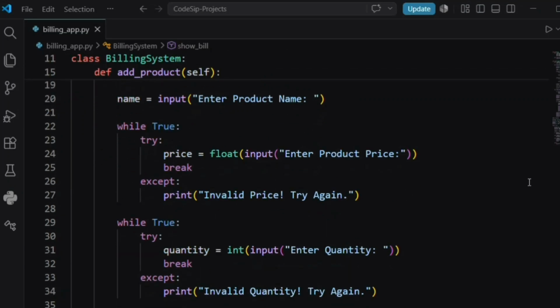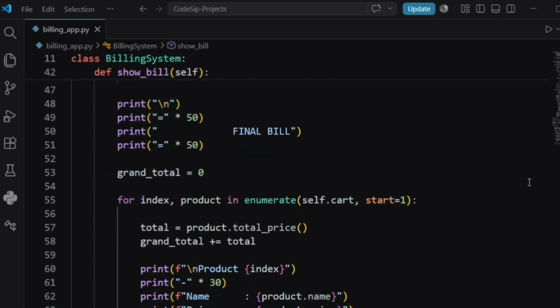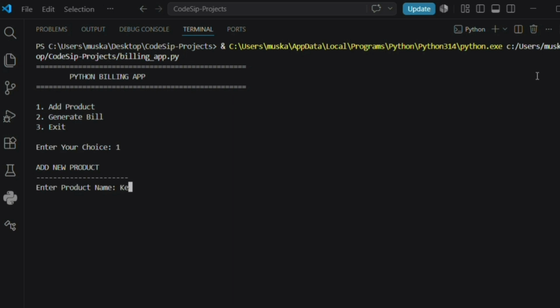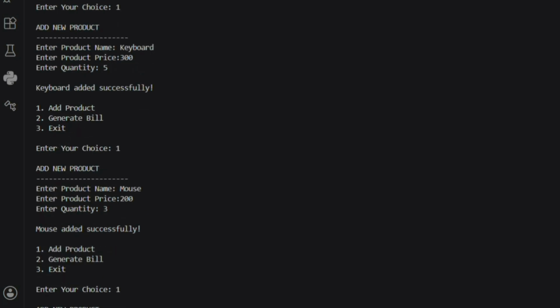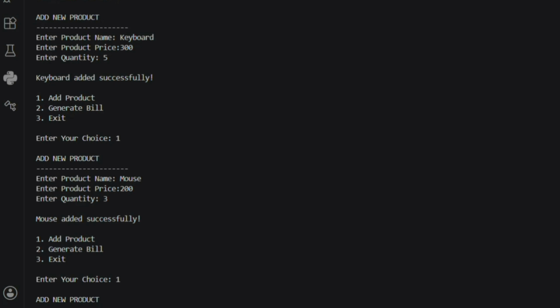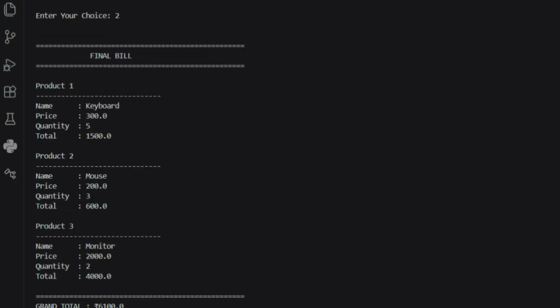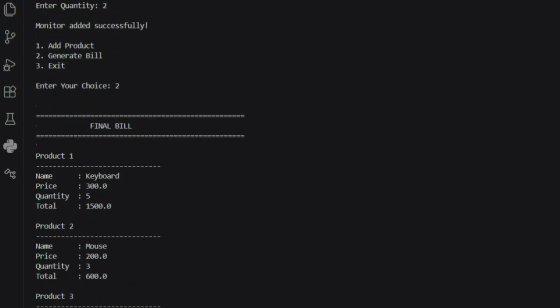Have you ever wondered how billing software works behind the scenes? In this video, we'll build a complete billing application in Python using object-oriented programming. We'll learn about classes, objects, methods, loops, exception handling, and much more. By the end of this video, you'll completely understand how this project works, and you'll be able to create similar